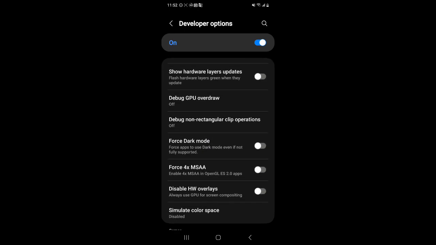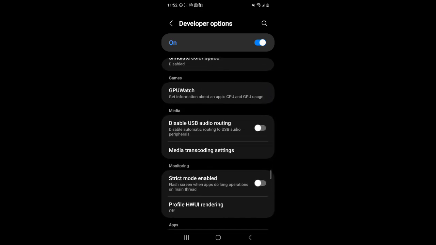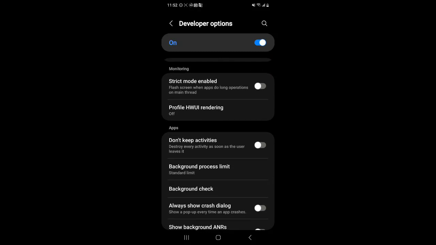And then this is another one, Force 4X MSAA. That's another one I always turn on. I'll probably turn that on after this video. And then other than that,